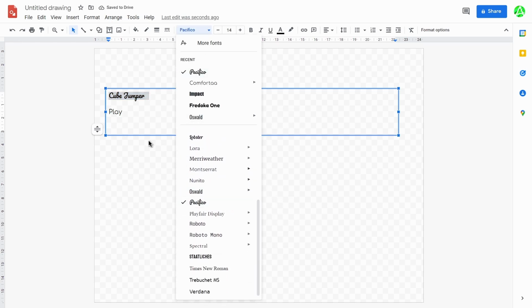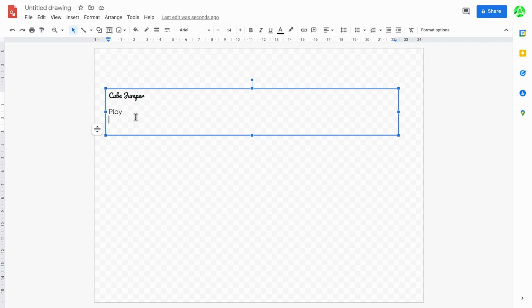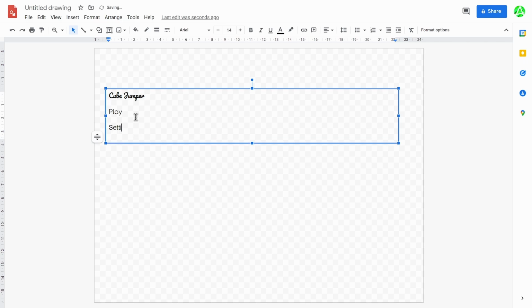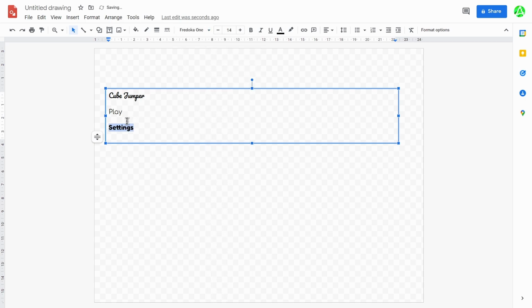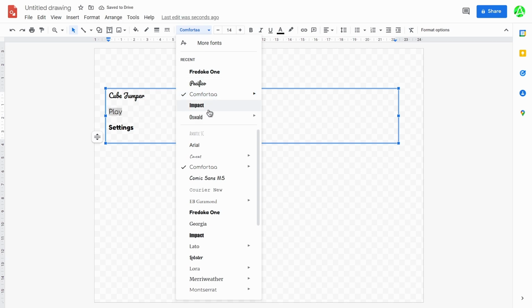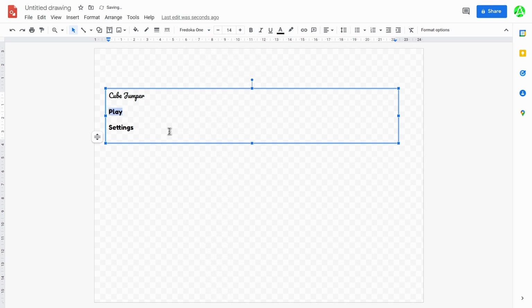It's really your own choice, and then do the same for a settings button and choose whatever font you want. Actually, I'll just do this Fredoka One. Now I need to make them larger,